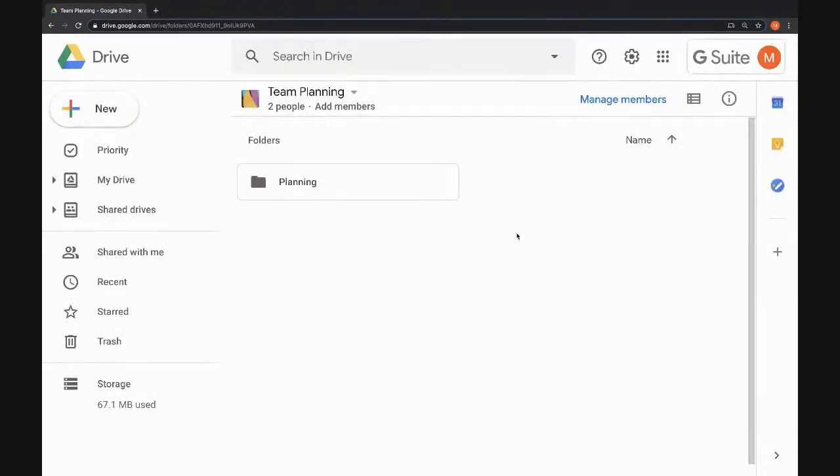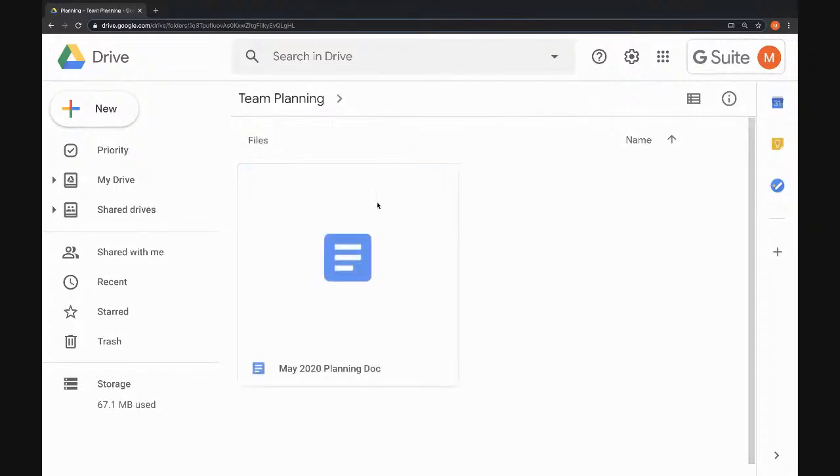Now, you might find that you want to share a file with someone who's not a member of your shared drive. So, for example, if you want to share an example of your planning with a member of another team, but it wouldn't make sense for them to be a full member of the drive and see all of your planning documents, you can do this in much the same way you would in your My Drive.